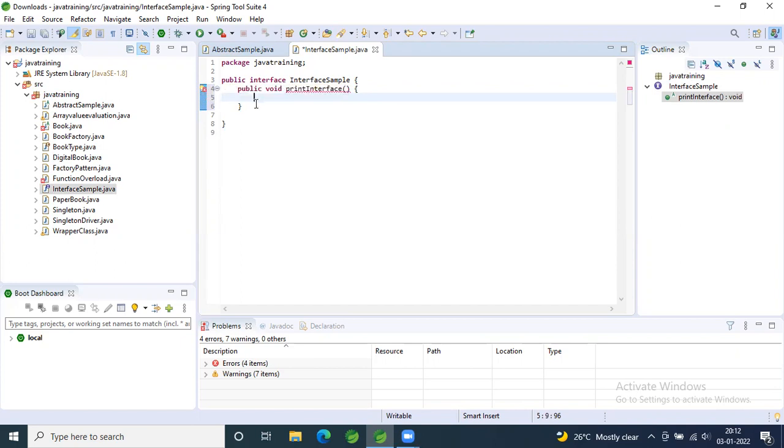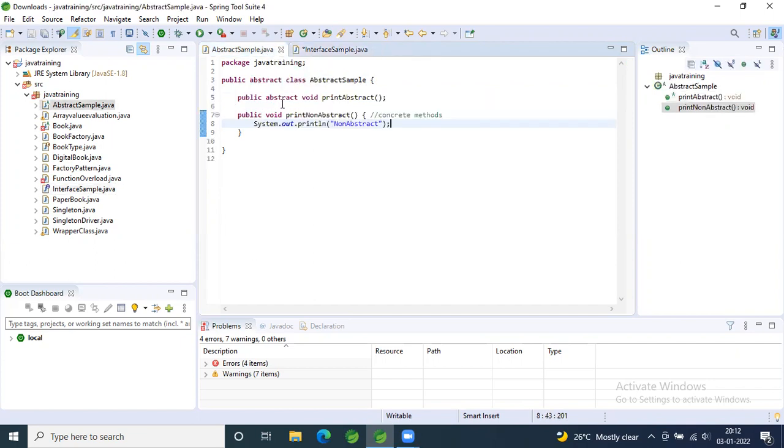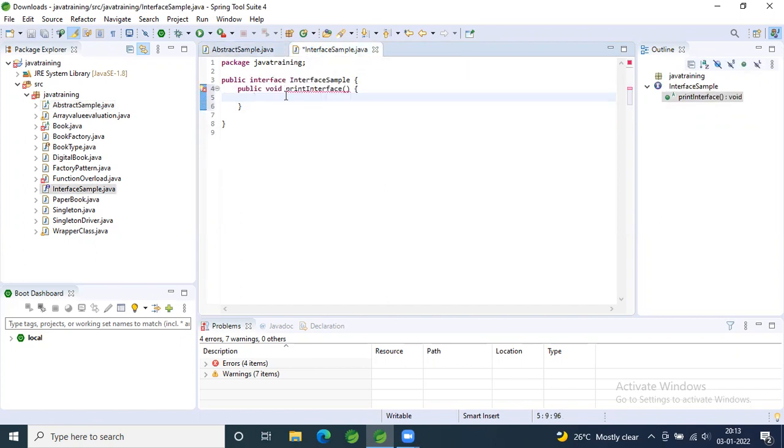So what is the error you get there? It is saying that abstract methods do not specify a body. So only in an abstract class do we need to explicitly use the keyword abstract. In interfaces, by default, all the methods are abstract, so you don't need to give any keyword as abstract explicitly. That is the reason you're getting an error, like abstract methods don't need a body. That is the first point. Now try to add an abstract keyword before void and just use the same declaration. Give a semicolon.